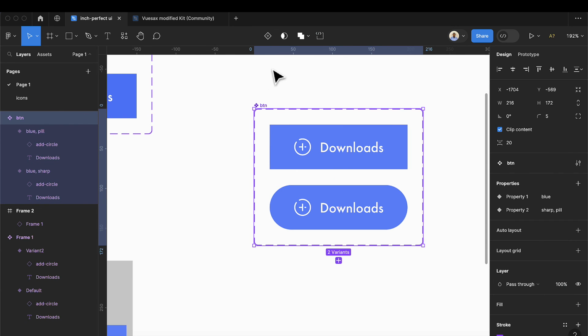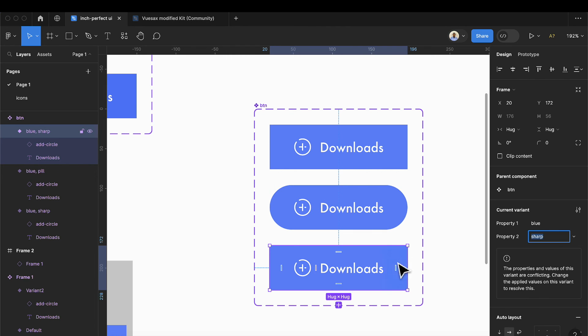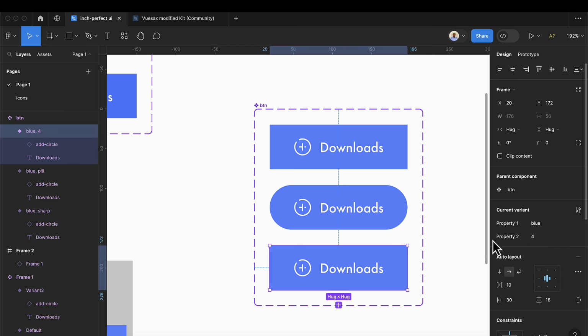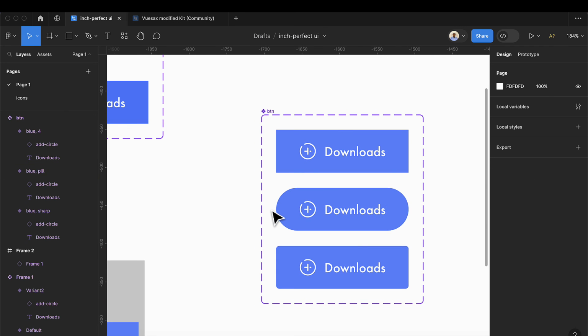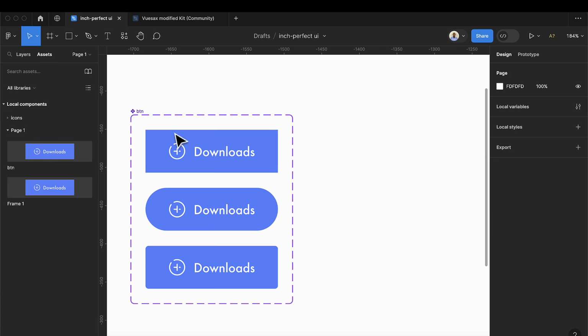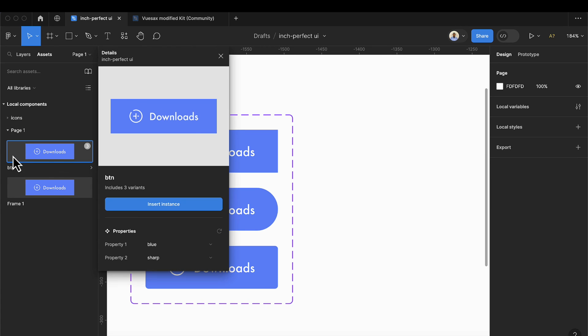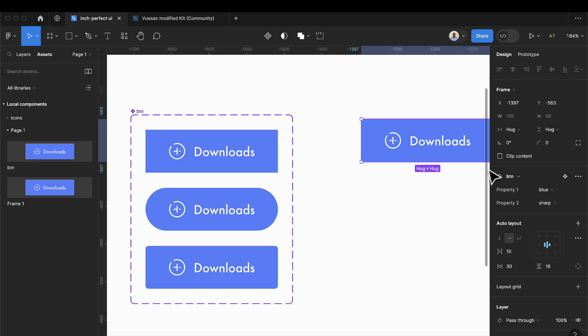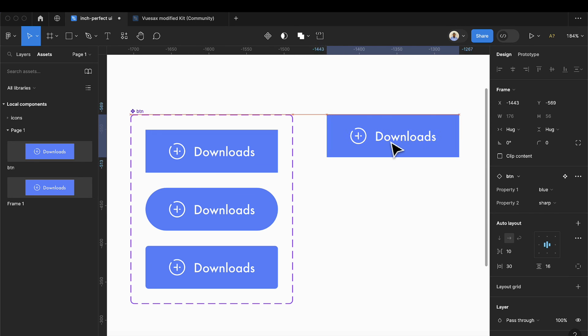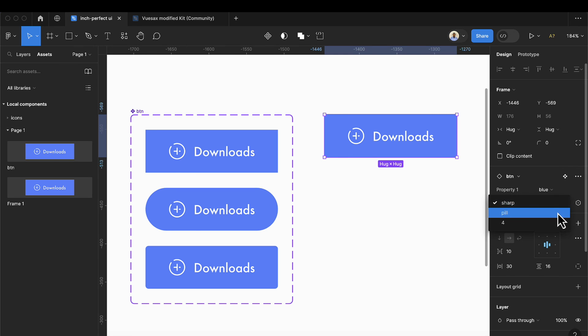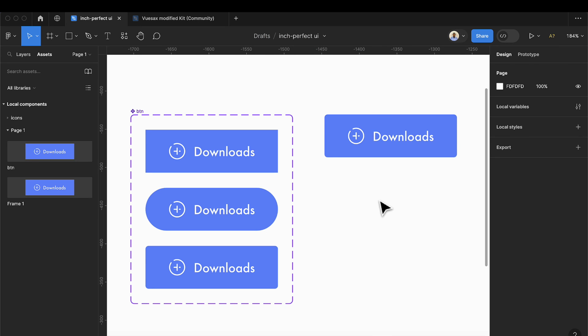So I'm going to select this, add another variant here. So now you see I have another. So this is going to be 4. So here select this and we change the border radius to 4. So now if I come in here, so I can drag this here. So now once I drag this here, now we can select this properties here, sharp. I can have pale, I can select this to 4, and this is how you can use the variant in